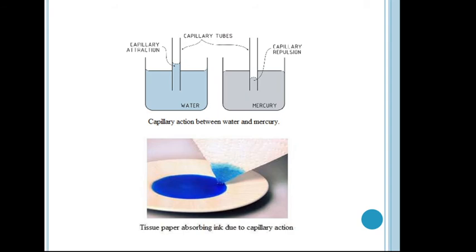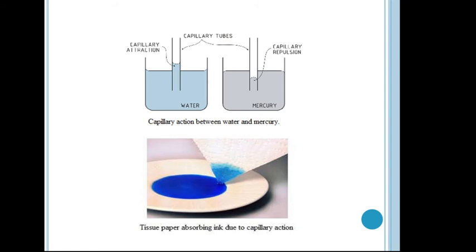By comparing these two levels, you can simply say that the water has risen inside the capillary tube. Whereas if you insert the same capillary tube inside a container filled with mercury, then what will happen? There will be a fall. You will see a fall in the level of mercury inside the glass tube. This rise or fall of a fluid level inside a tube is known as capillarity.